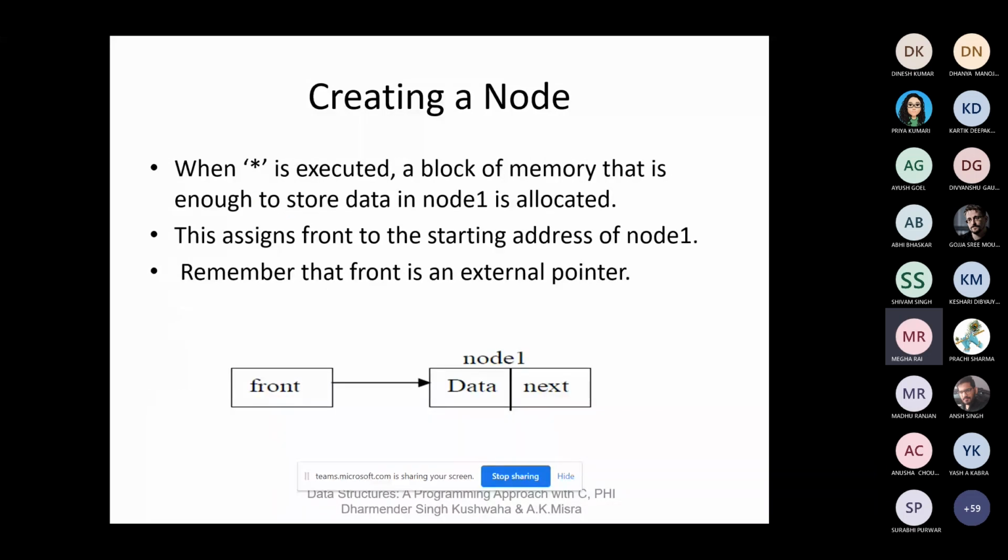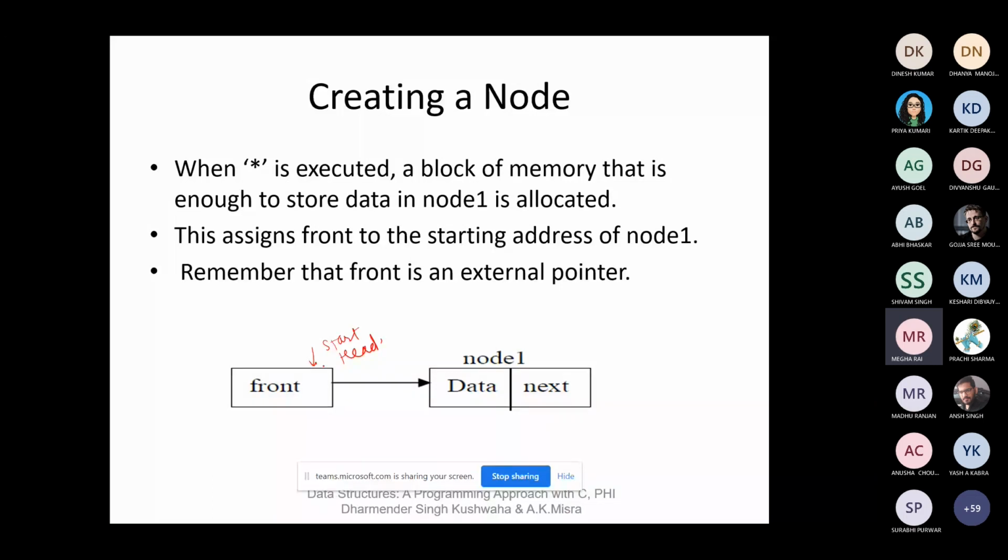Now, when this is executed, a block of memory that is enough to store the data in node 1 is allocated. This assigns front the starting address of node 1. As I have already told you, there is one pointer pointing to the first node, from where the list starts. The first node is accessed by using the front pointer, the start pointer, or the head pointer.